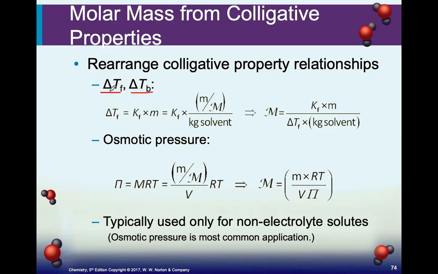So let's say if we take the freezing point, we have to use this equation. And so we know the delta T. If we know the Kf, excuse me, we can measure the delta T. We don't know the molality, but if we know the Kf, we can do that. And for osmotic pressure, we can do the same thing. Once you know the molality, you can know the,